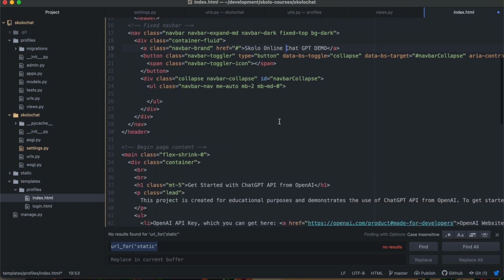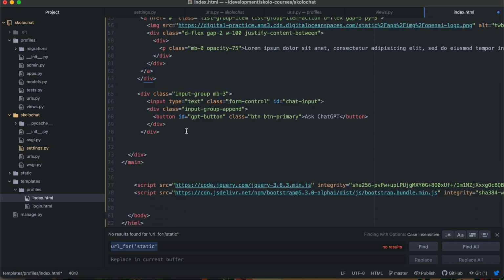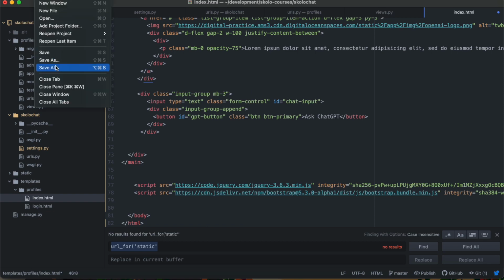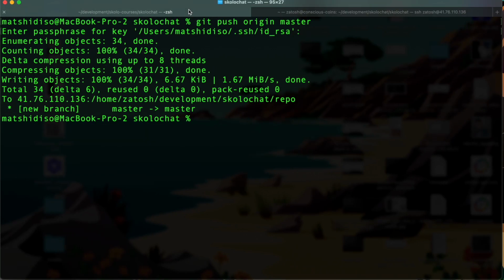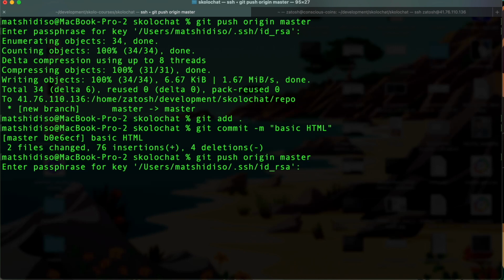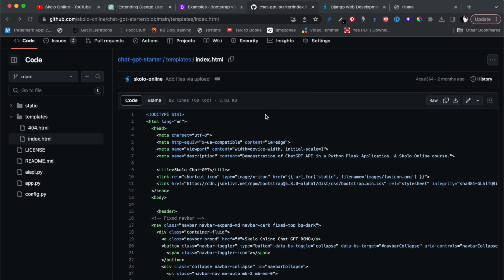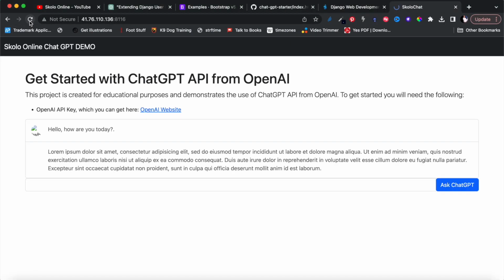And then over here, we say get started. And then we've got an ID list group over there, and then we've got some list items and chat and ask ChatGPT. So let's just push this and see what this looks like. Basic HTML. All right. So this has restarted, I think. So if we go back to our home page and we restart this home page, now what we have is